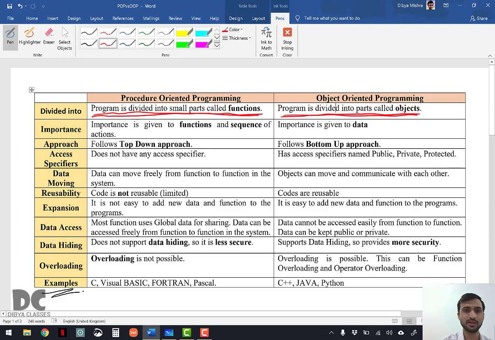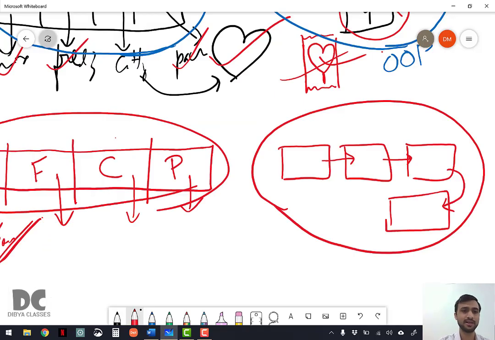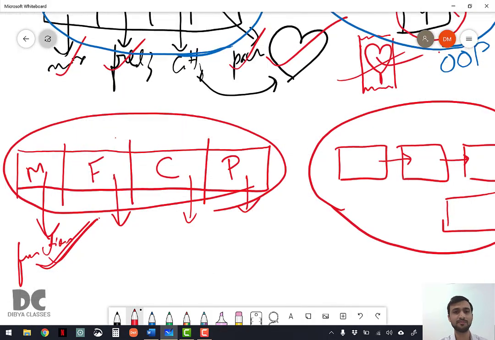The importance is given to the functions and sequence of actions. Here in POP languages, the importance is given to the functions. Like mixing, freezing, cutting, packing are given to the function and the sequence, right? The sequence is very much important, because if you do mixing and then cutting, is that possible?